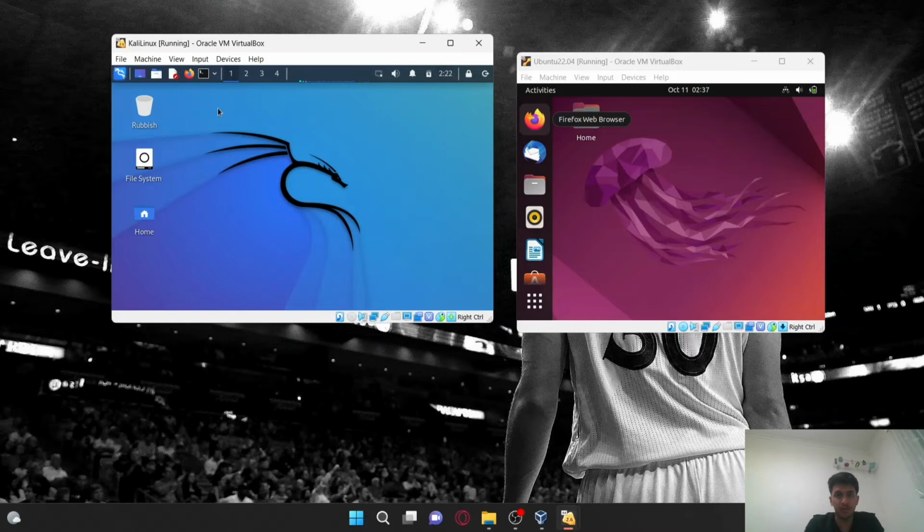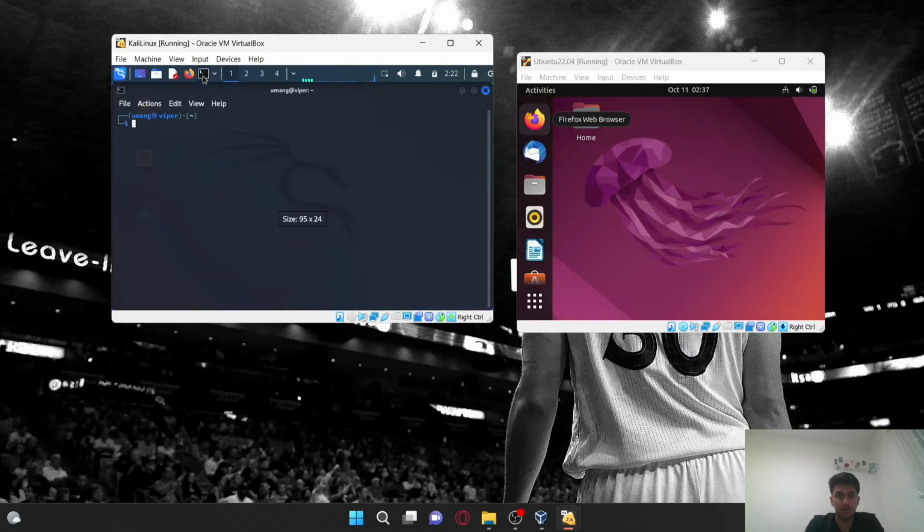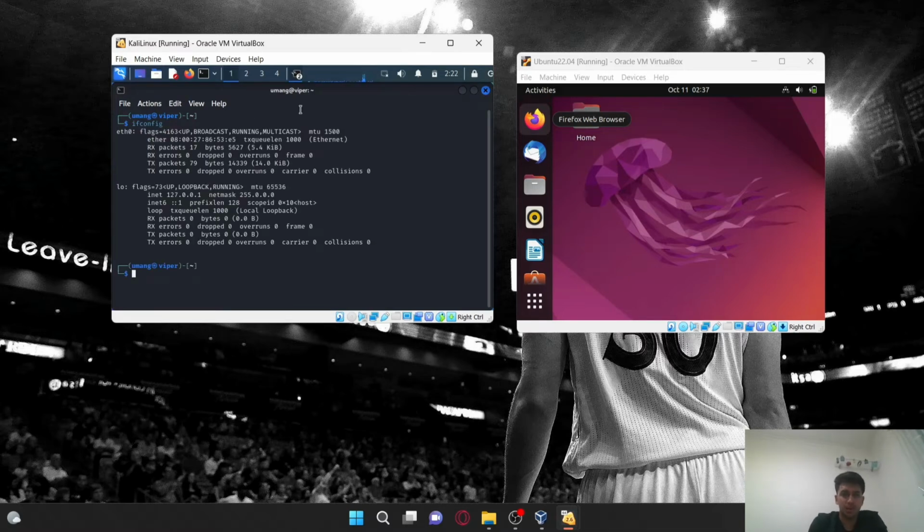Then you have to go to the terminal and type ifconfig to find the IP address. In my case, I have no clue, sir, but it just doesn't connect whenever I connect it to a NAT network. It just goes on and on, like revolves, so it doesn't show any IP address except for this one, which is the default.